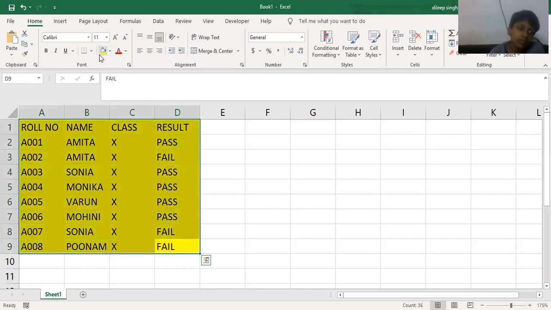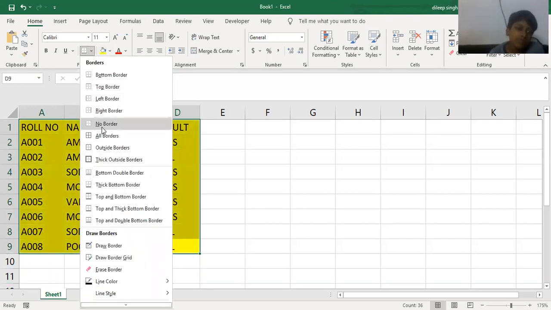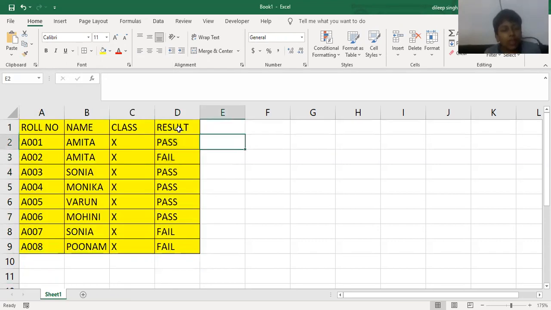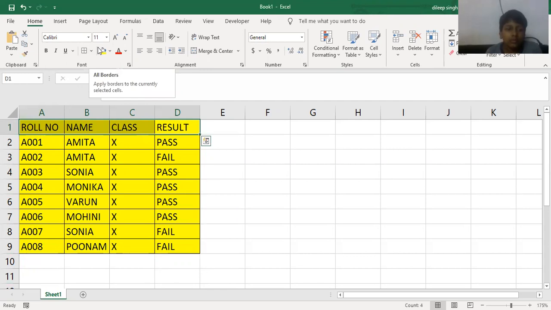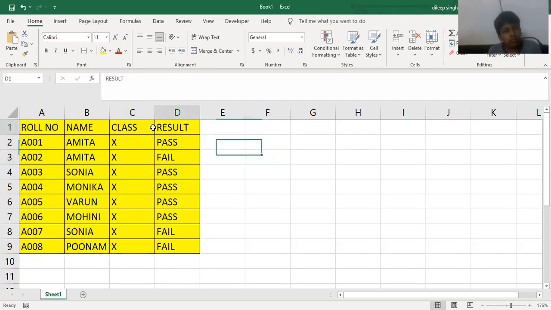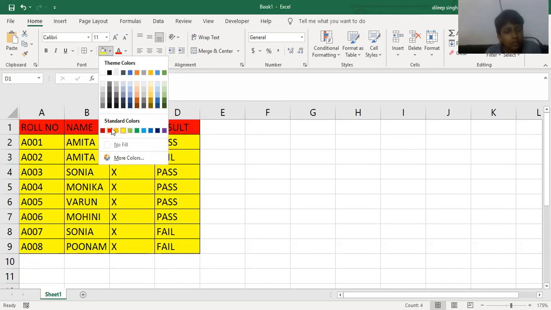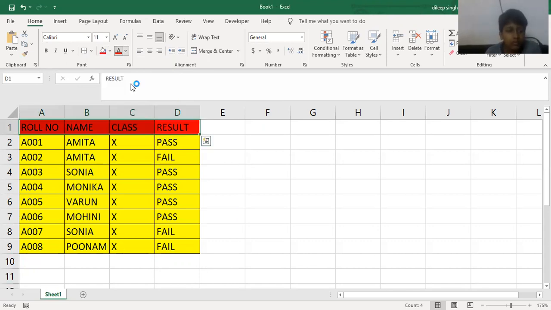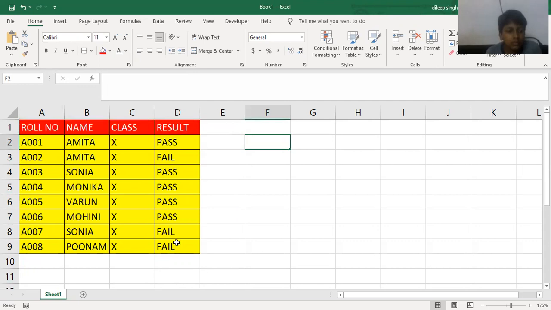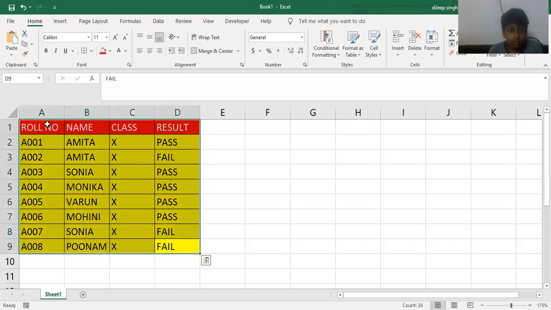We just color it, make the format like this, and just open another sheet, another workbook. So firstly, what we do is the format, and make the format according to your requirement. And after that, here we have some options to do this. Just see there. Here we just copy this particular content and go to the next sheet.